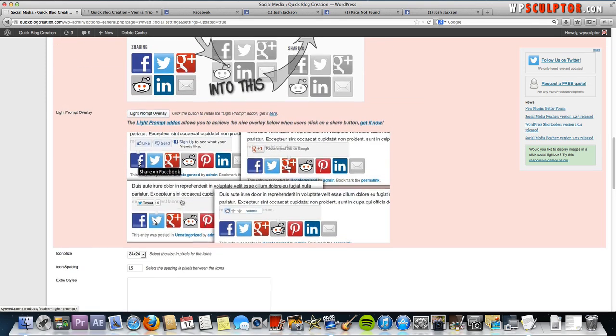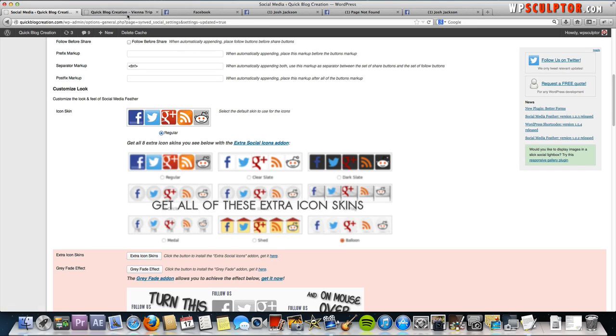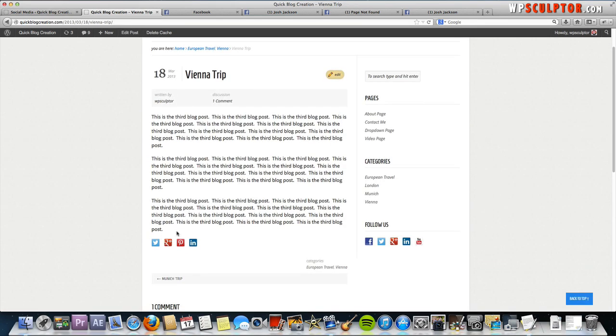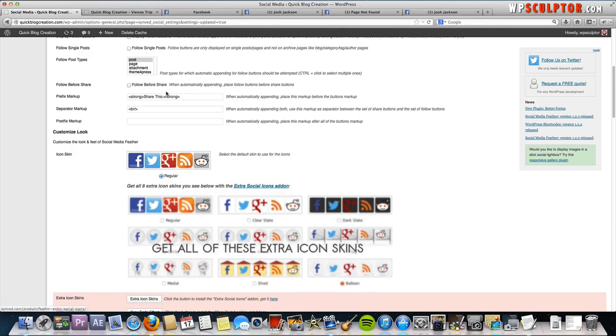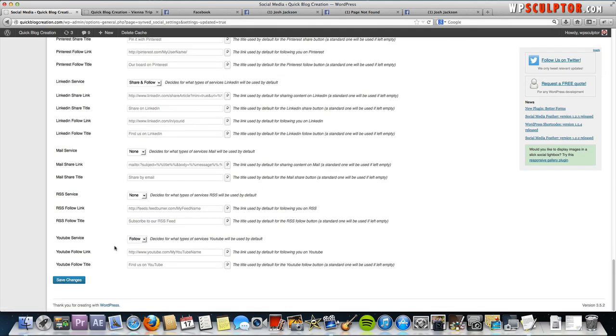Also, if you wanted to add text, for example, if we wanted to have above the icons just some text that said "Share this:", we could do a little tiny bit of HTML code right here. I want it to be bold, so I'm going to use the bold HTML tag, which is the strong tag, and then say "Share this", capitalized, colon, and then a closing strong tag. Just to show you what this will do, we've got an opening strong and a closing strong, so it's going to make what's in between, which is "Share this:", bold. Just save that,